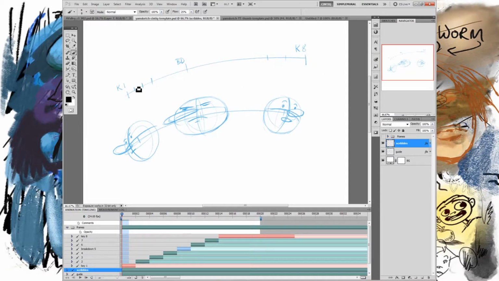The important part is that this thing gives me my timing and my space. And both of those are super important in animation. So now that we have it all laid out, I can count this out. I go 1, 2, 3, 4. The breakdown is 5. This is going to be 6, 7, and the keyframe 8. So we have 8 drawings that we're going to need to do, and we're going to keep them loose because